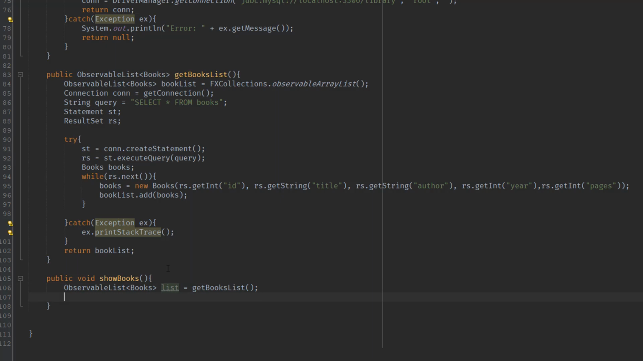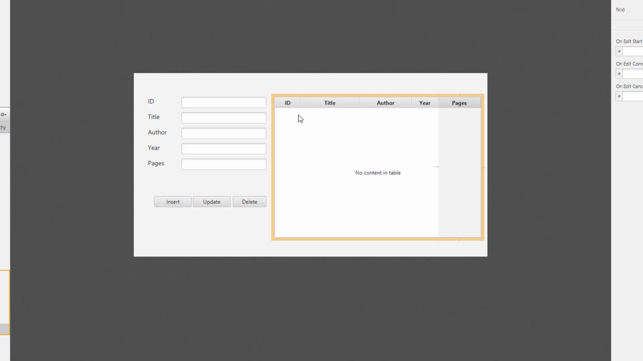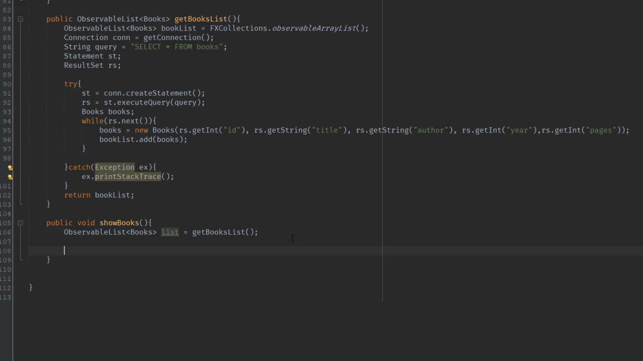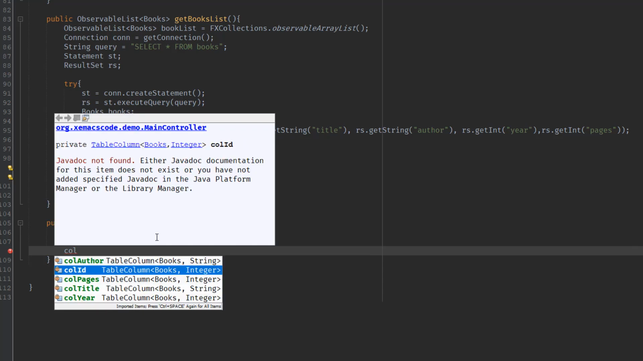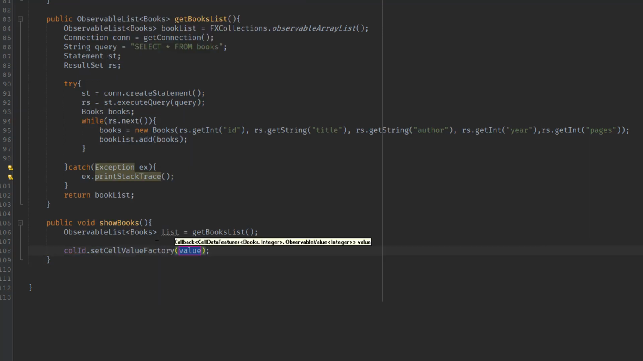And now we're going to set the cell value factory for our columns that we have here in our layout. So as you can probably remember, we have set the ID for our columns, for example, the ID. So we have chosen col ID, and then we could set the cell value factory and new property value right here,